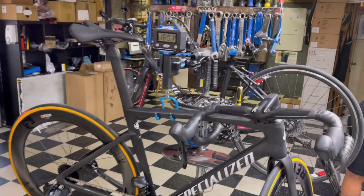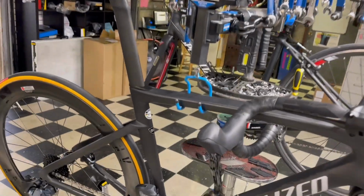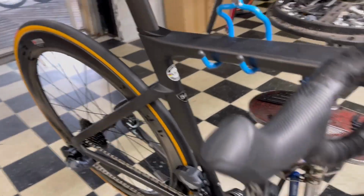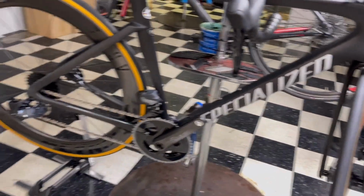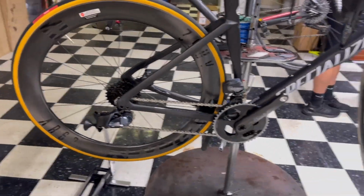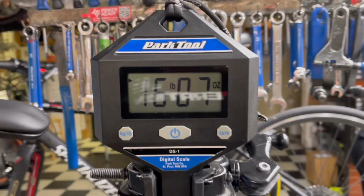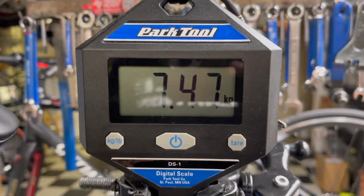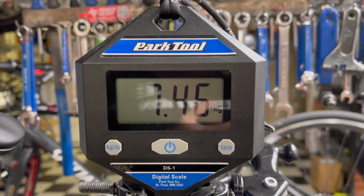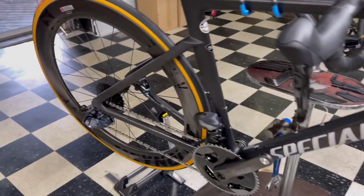What's going on, everyone? Today we got here the 2021 Specialized Tarmac Pro SL7 in a size 54. This is a frame build-up, so it comes with SRAM Force 2x. We have on here the Reynolds 5862 wheel set. Weighs in at 16 pounds, 7 ounces, right at 7.46 kilos. Stay tuned after the video where you guys will hear a free body sound test on those wheels